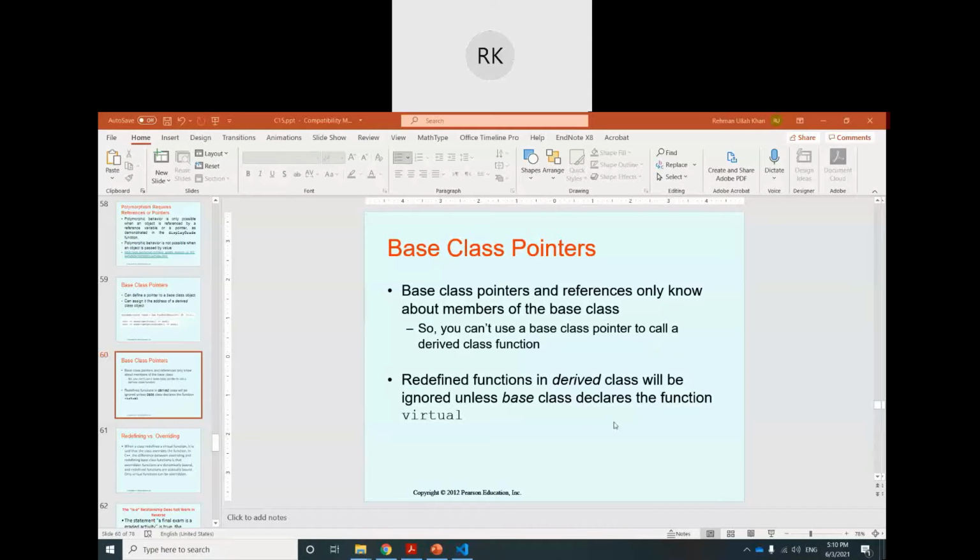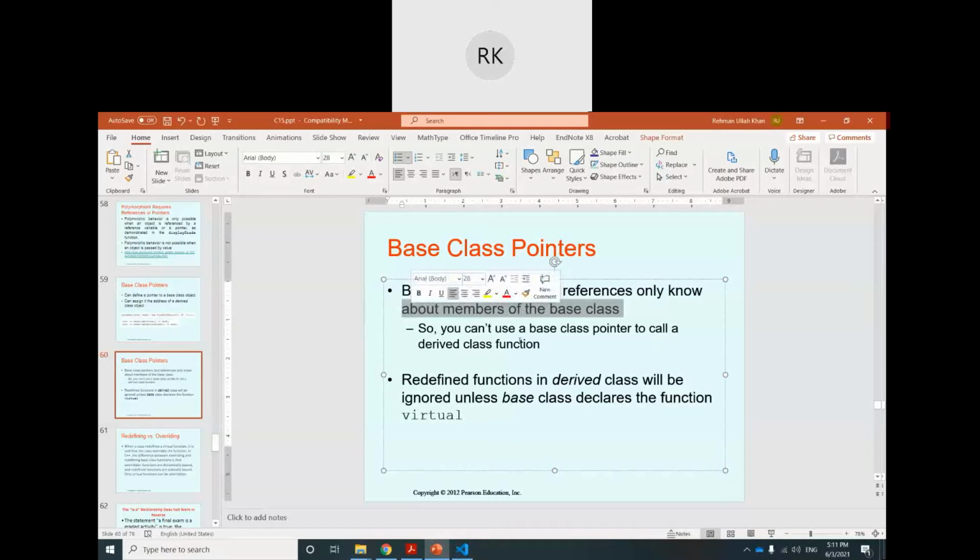Now, there is again one issue with the base class pointer or the base class reference. The problem is that even though we assign a derived class object to the pointer or to the reference variable, they still only know about the member functions of the base class.